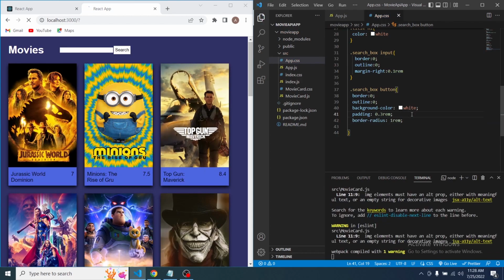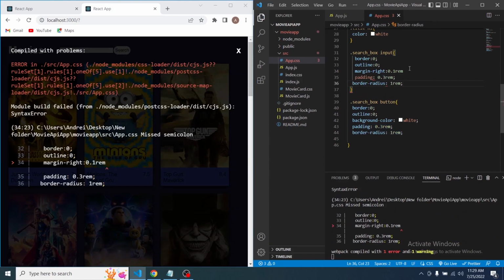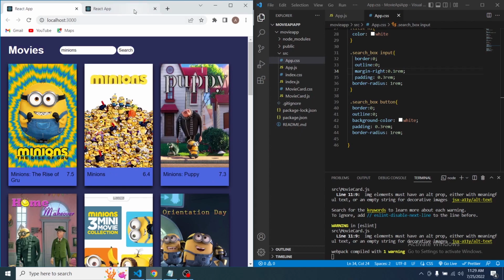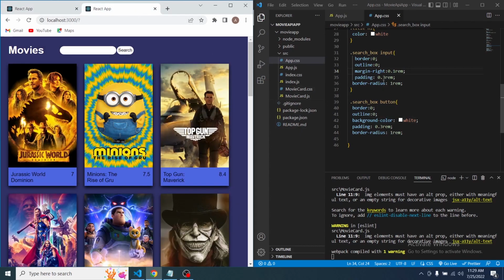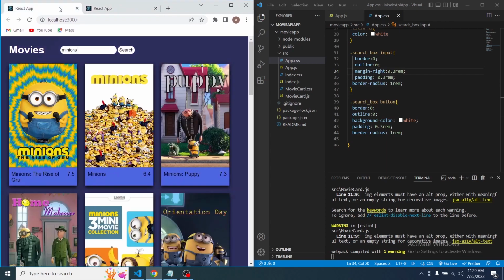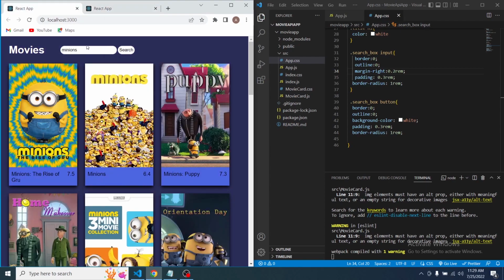Add semicolon at the end. Yeah, it looks good. Let's copy this to the input as well. Add semicolon. Yeah, it looks like the original. We can add some more padding here, margin actually, so 0.2, so it looks exactly the same. Now the rest, what we have to do,